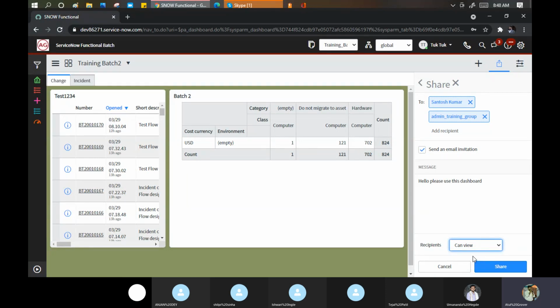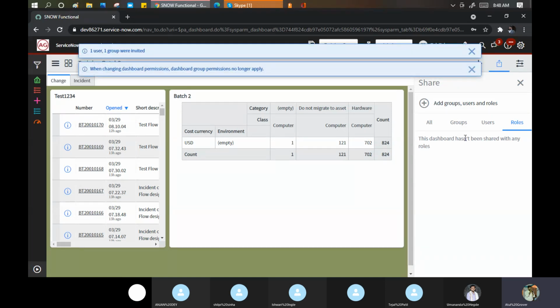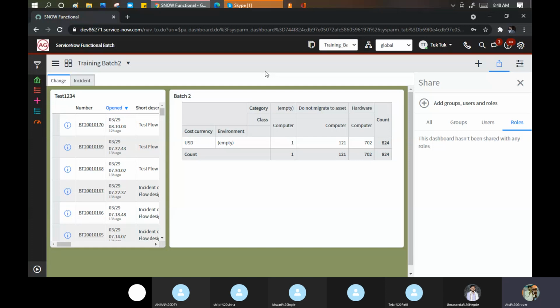If by mistake my L1 resource makes any changes in my dashboard, it can impact my KPIs. So better I should not give these rights to anyone. Then click on share. These two will get an email, and when they open their instance, they are able to see this at the end. One user, one group invited. When changing dashboard, group permission no longer applied.